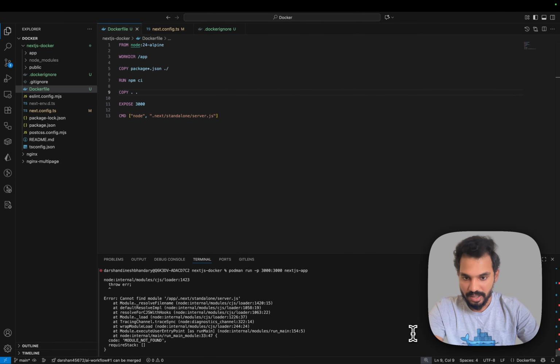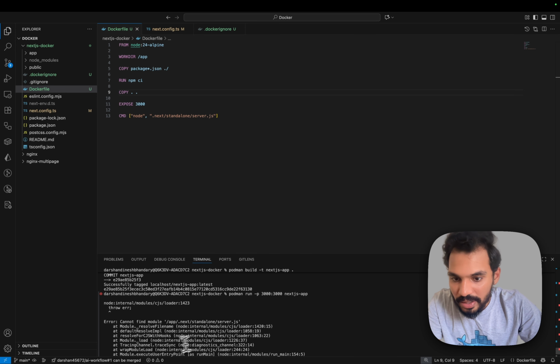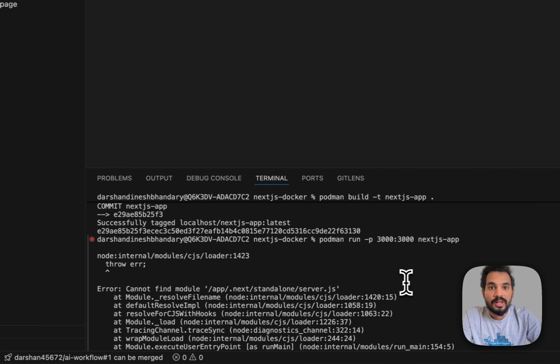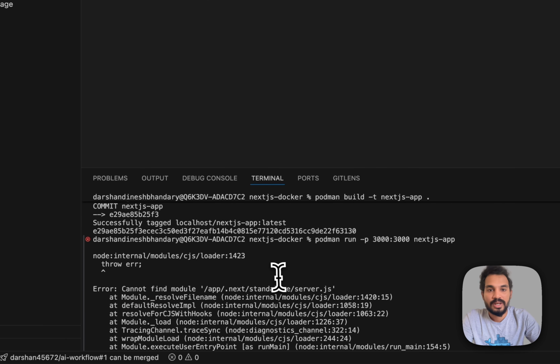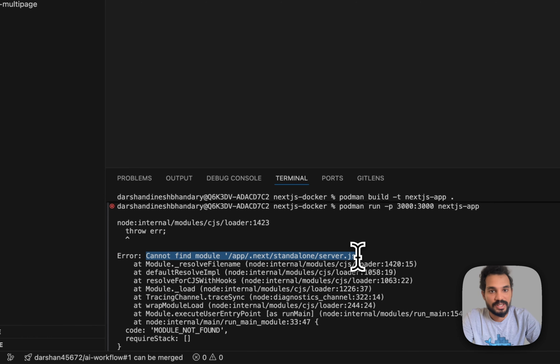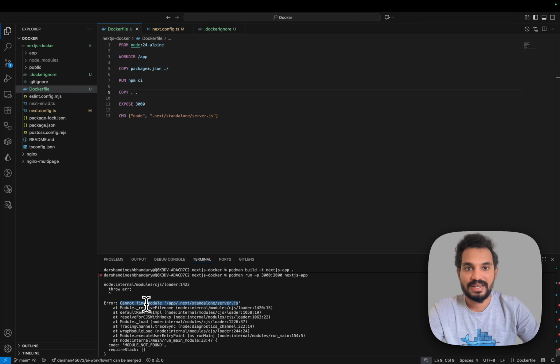Okay, now we are getting an error. It is saying cannot find module standalone/server.js. Okay, now why are we getting this issue? Because my application is searching for a file called server.js. server.js is a file which is created when I'm building my application. That is, when I run npm run build, it will create a folder inside which will have our server.js